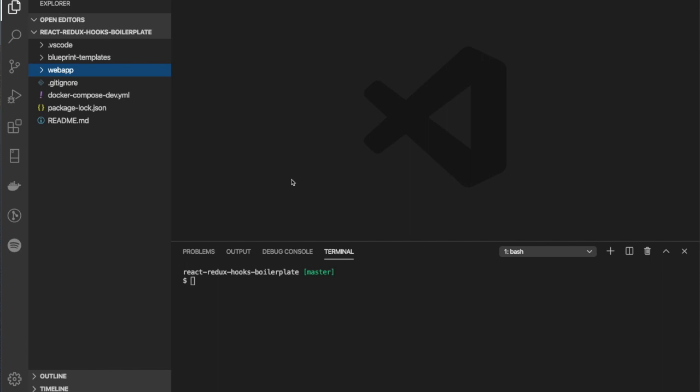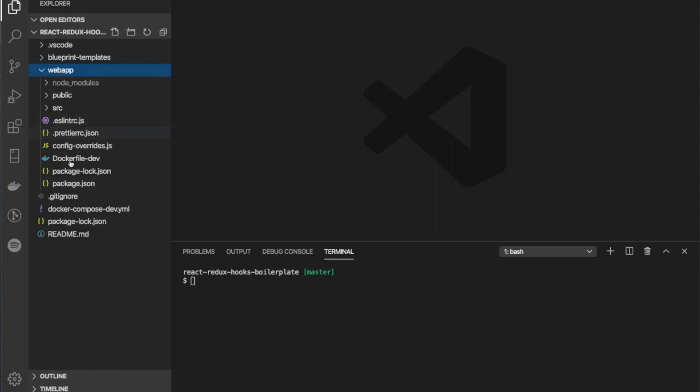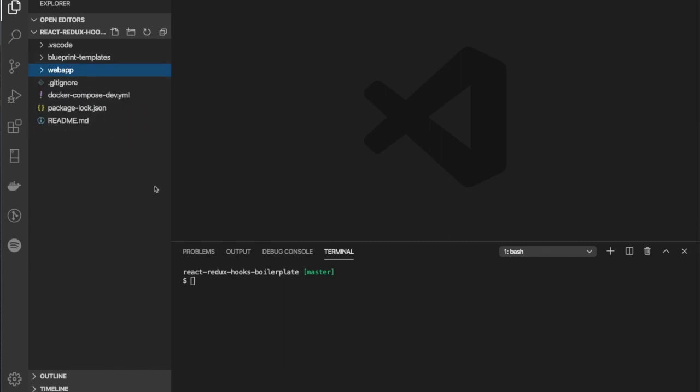What we're looking at here is a fresh install of the Redux boilerplate. We cloned it from GitHub. This is what it looks like if you're in the root directory of our boilerplate. We have a web app directory which contains the web app, and in the root directory we're adding support for